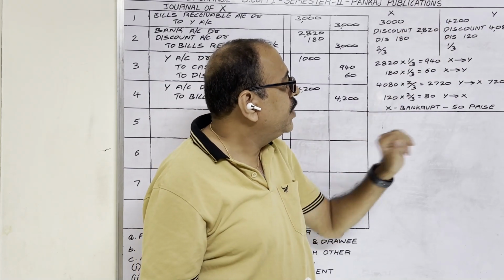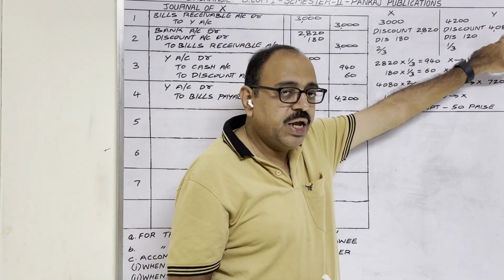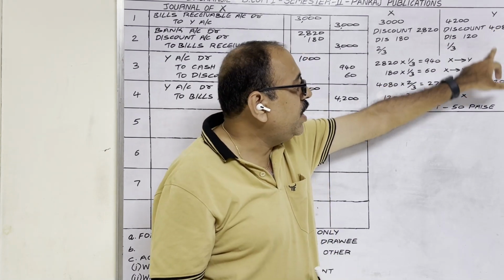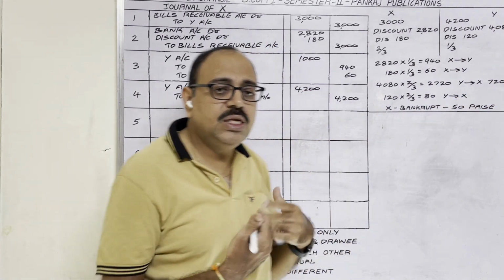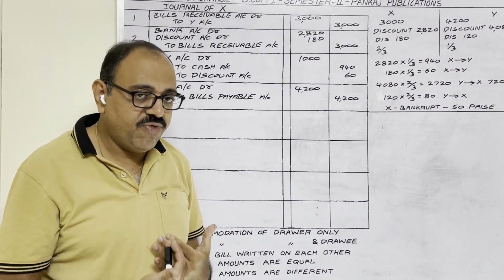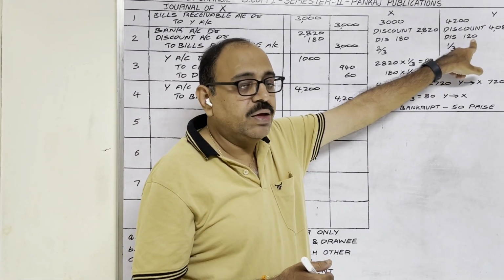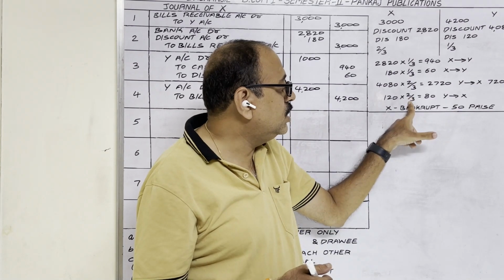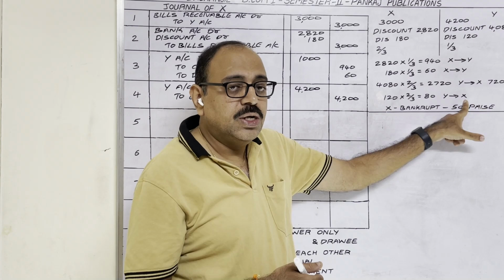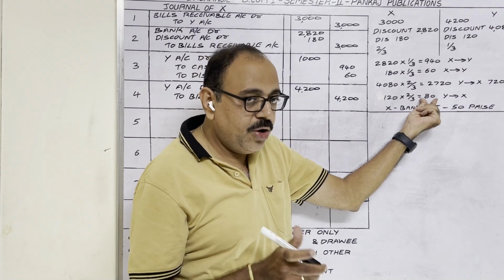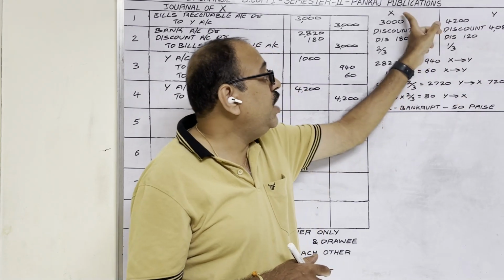Next, what happened? The second bill is discounted. Y received 4,080 rupees. In that, Y is giving 720 rupees to X, so X is receiving 720 rupees from Y. The second bill discount amount is 120. Of that, two-thirds, nothing but 80 rupees, Y is charging on X. So for this discount of 80 rupees and this received amount of 720 rupees, now in X's books we have to write